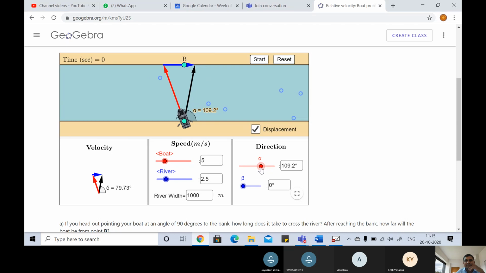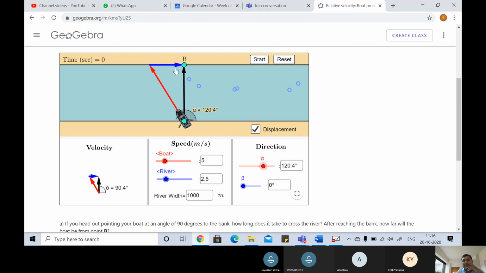Clear? Now do I reach B or not? Yes, sir. Always remember this black color is the most important for us, to calculate time or to calculate anything. This black color, to calculate the shortest time, to calculate the shortest path. This black vector is what is important for us.